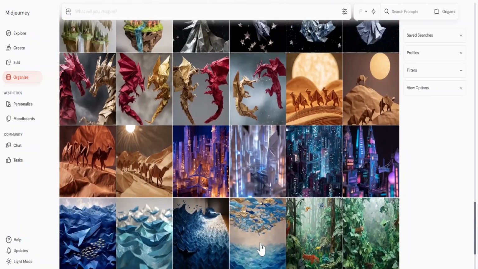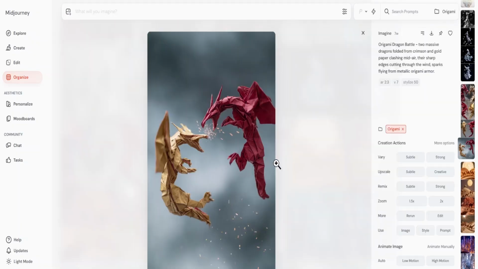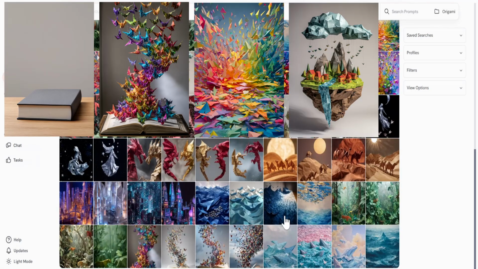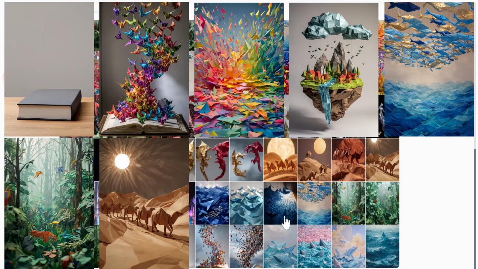Midjourney gives you 4 images for every prompt. I picked the best one from each set and hit upscale, so they would all be clean and sharp. And don't worry, every prompt I used in this video is listed in the first comment for you to copy. After a few minutes, I had a whole collection of origami scenes, all matching in style, but each with a